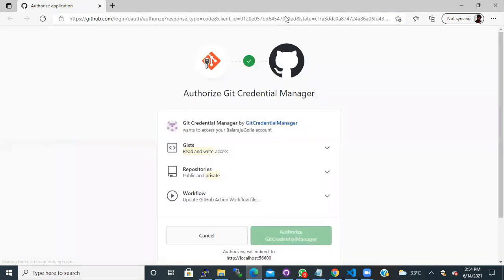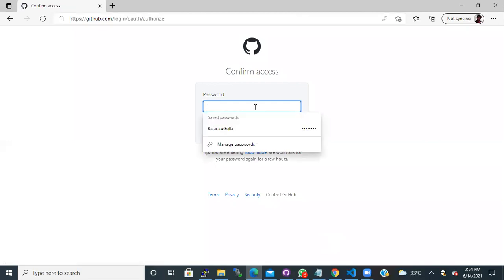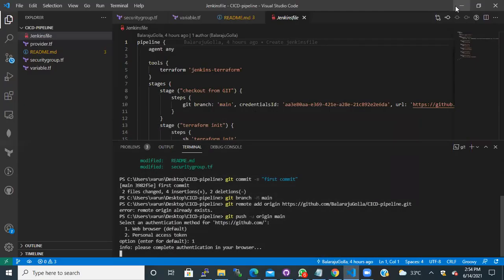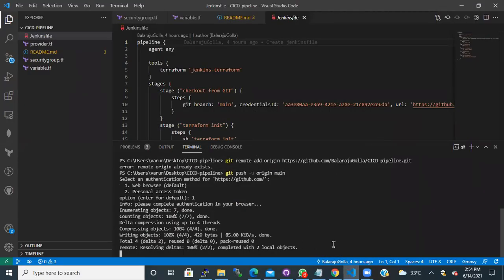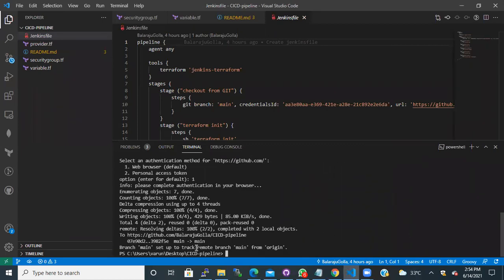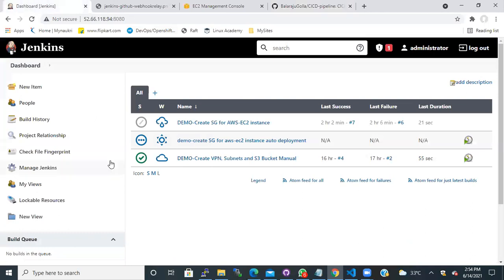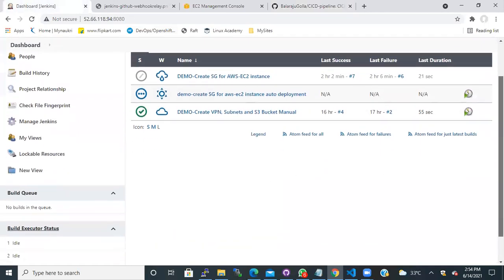The same credentials that we need to give. Authorize. Password, yes. Authentication succeeded. See, branch main set up to track remote branch main from origin. So we have committed, and now if you come here and see, there should be a job running for you.